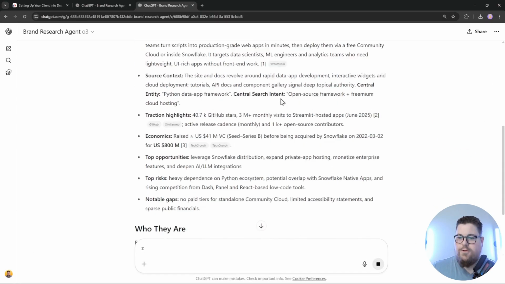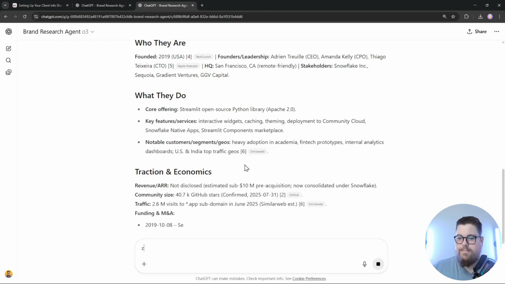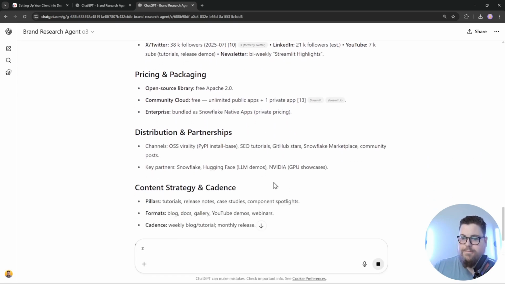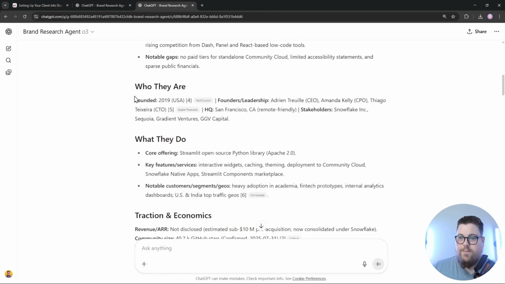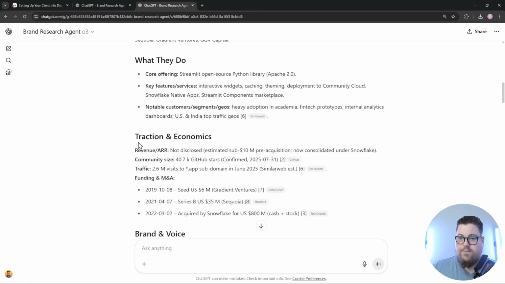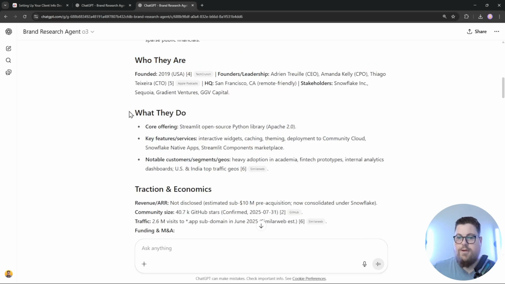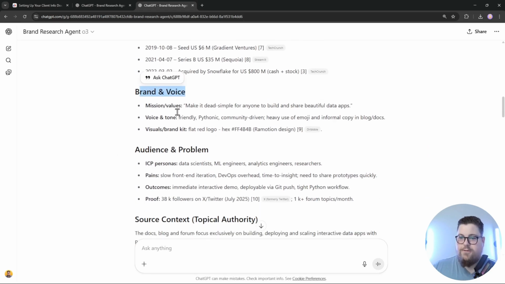And here's the output that it's generated for Streamlit. It's actually still writing it. If it's a less known company, it'll probably ask you questions about it. Let's take a quick look at what it outputs. We've got an executive summary, who they are, what they do. You'll notice that it also provides details on the source context, the central entity, and the central search intent, which is for semantic SEO. Then we've got who they are, what they do, traction and economics, brand voice, audience and